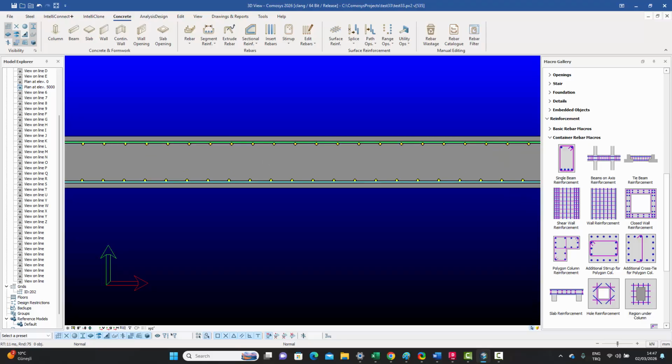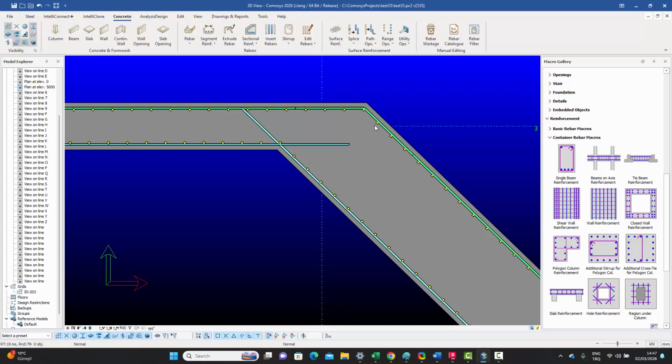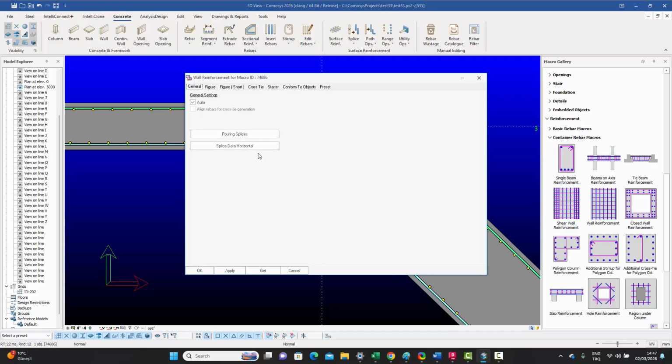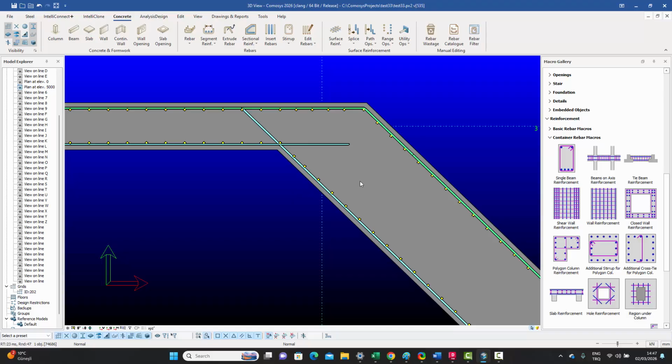Now, to do that, I can do it manually, of course. There's always these operations which I can use. But what I can do is I can select any bar, press M twice, and go to my original macro over here, and turn this off, and I can say align the rebars for cross tie generation, this one, under the general settings. And if I say OK, you will see that